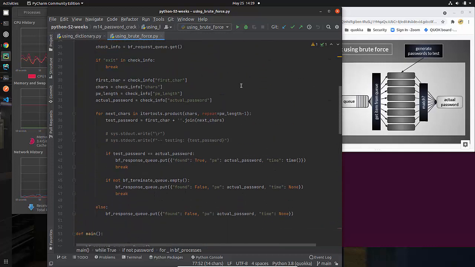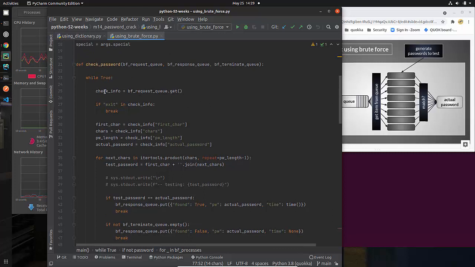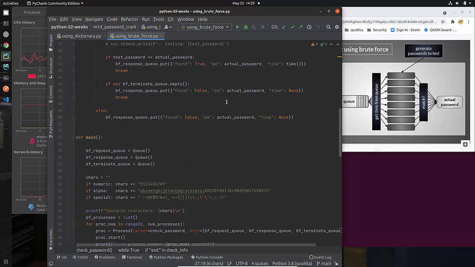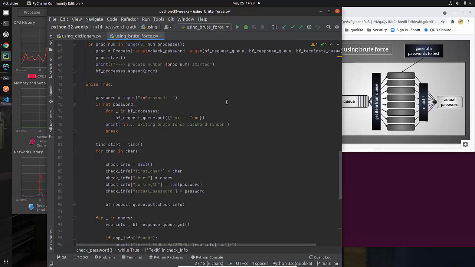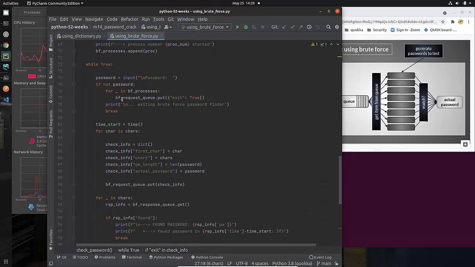Remember this thing that we were looking at up here? Check info, that's what comes in from the queue, the actual data that comes in from the queue. And here I'm checking to see if the string exit is in check info. So down here, this is where I'm actually putting that in there. This is where I add this thing, this exit.